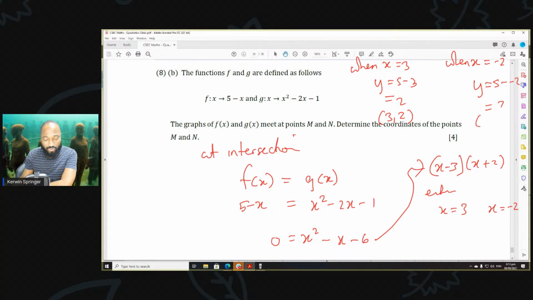So (-2, 7). That brings us to the end of all the quadratics questions in the last 10 years. I hope you all really enjoyed this. Come in again tomorrow if you're doing maths, and this was really nice for you as well. We come in again tomorrow and we're going to be doing all the,